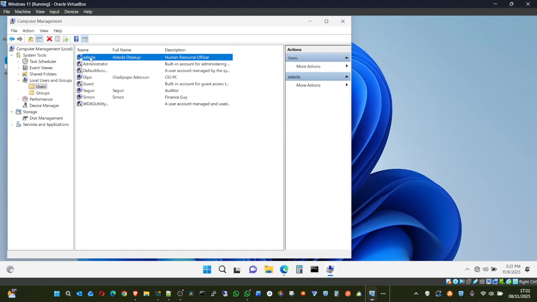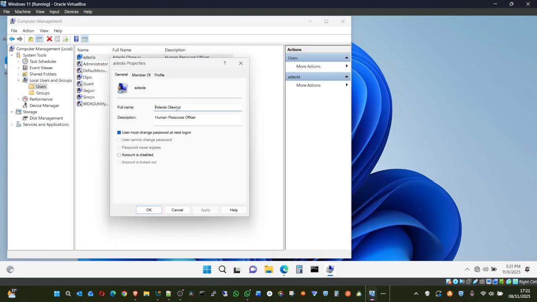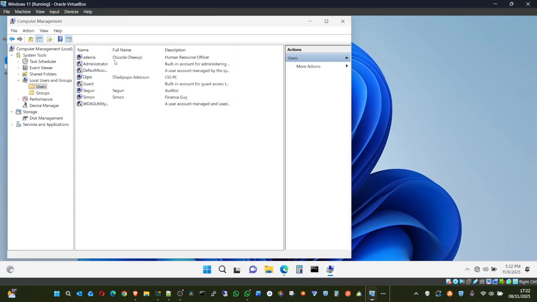However, take note that name and last name, you can also right click it, change it again to whatever name you want. Maybe the full name is not correct. Maybe instead of Adiola it is Olushola. Maybe the full name is Olushola. However, username is different from full name. Please take note. And I repeated that one that time. So you can also use this option to log in.